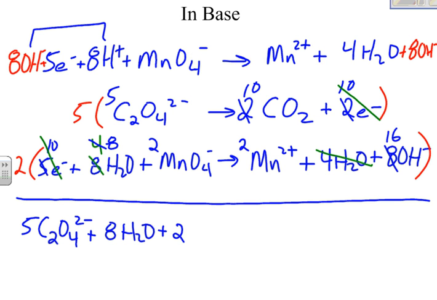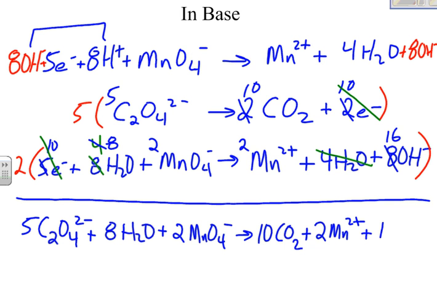I'm going to have 2 of the permanganate, and then over on the right we'll form 10 carbon dioxide molecules, 2 of the manganese ions, and we have left 16 hydroxide ions. Right. And again, we can go through and double check, and I think you'll see that we balanced